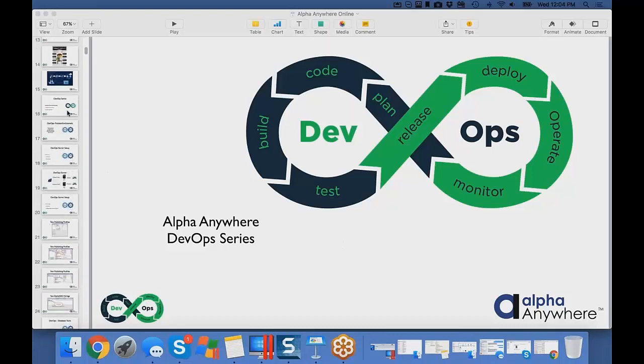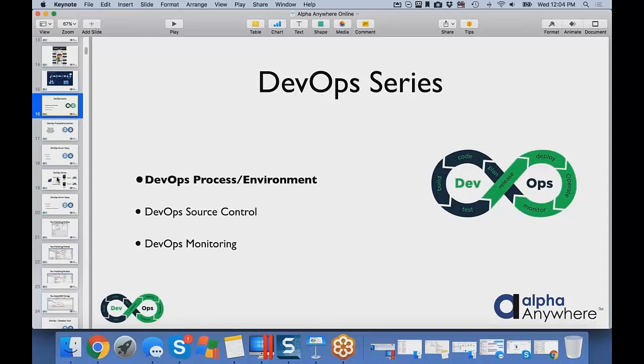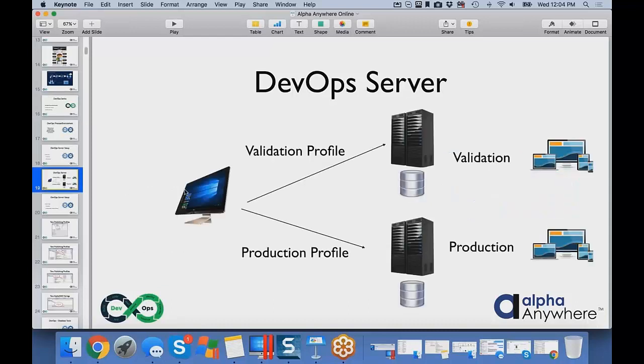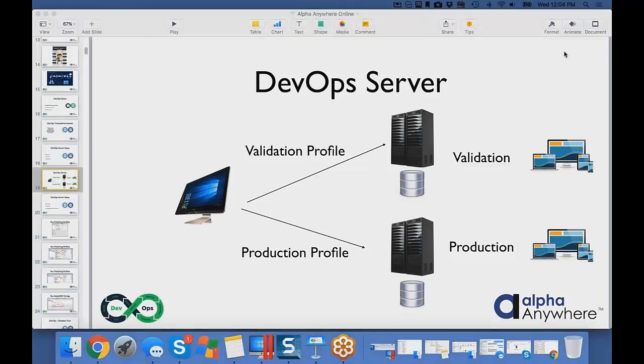Now, last week we focused on the process and environment, specifically setting up an environment where you can have validation in production or test environments. You can set those up and configure them, and therefore support your production people at the same time as you're making changes to the system, deploying those, and doing testing. The idea is to first look at your environment and set up one that will allow you to support production without disruption, but also allow you to quickly update, change, and modify the pieces that go into it.